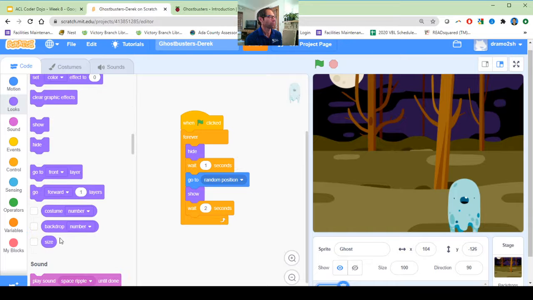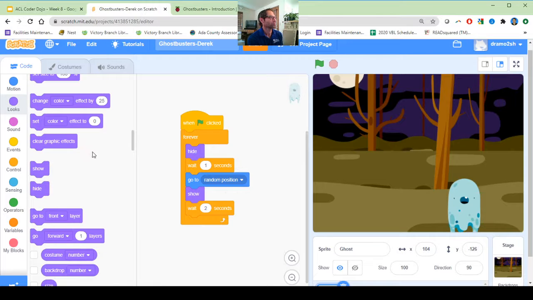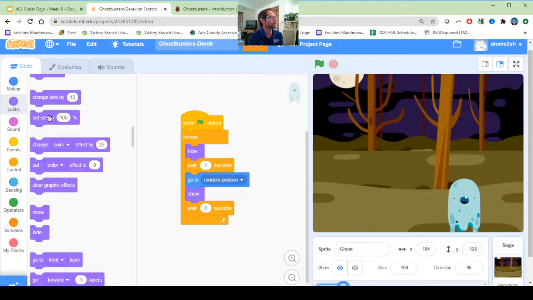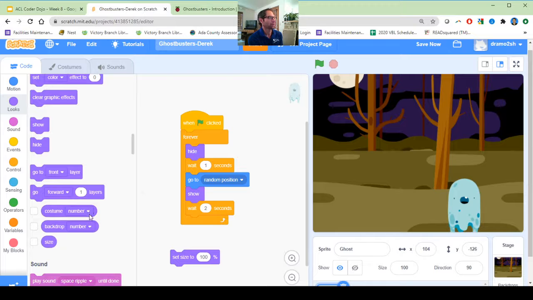So there is a size block here, and you'll see that this popped up on the screen here. We don't really need to see that, so we can just click the checkbox off of that. And here's set size. We'll click that, pull that out, and then